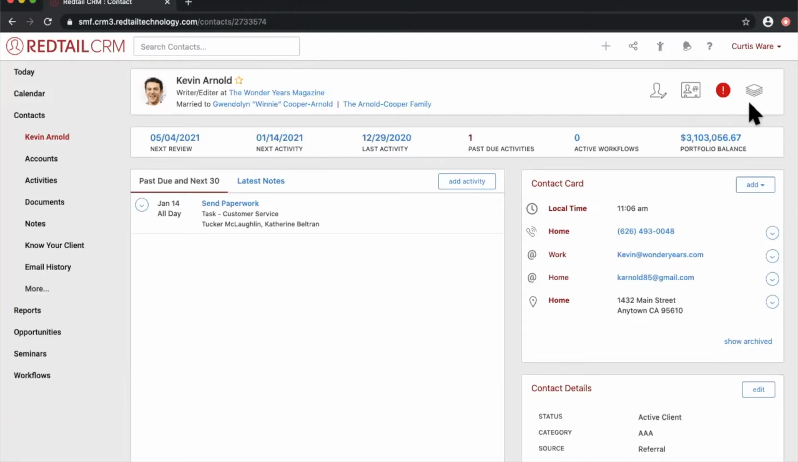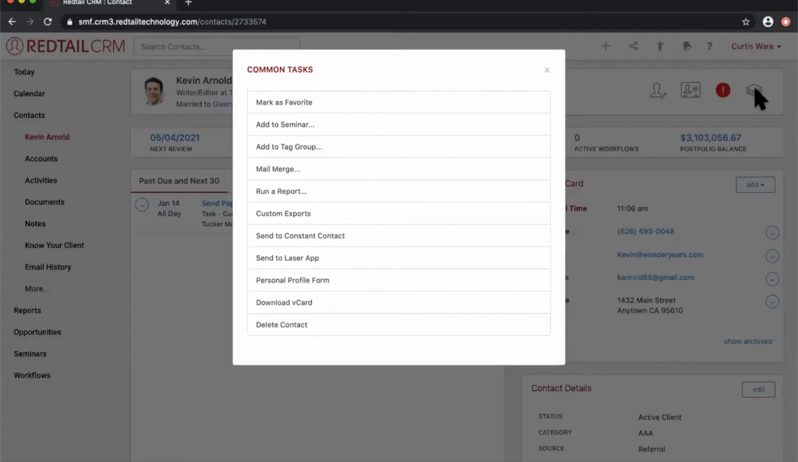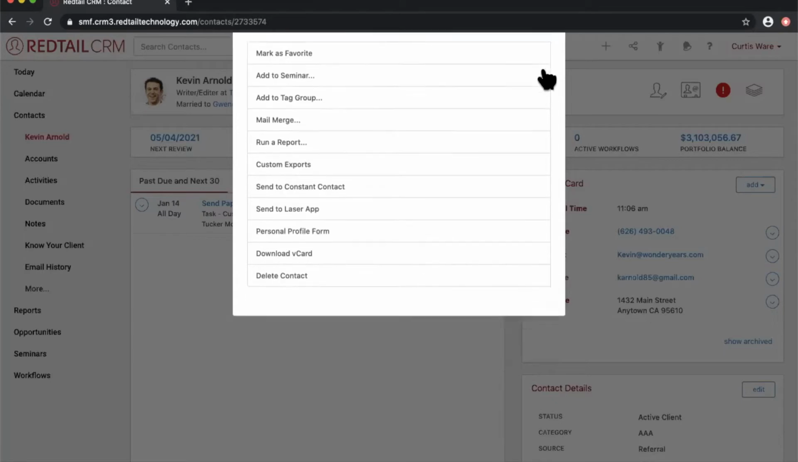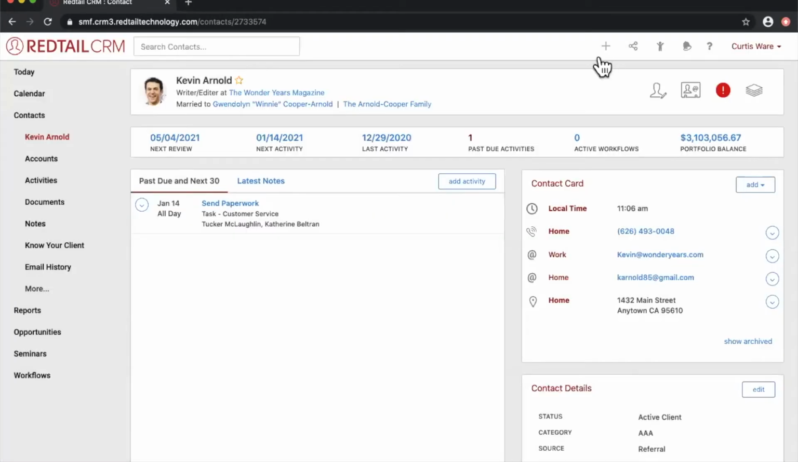Now, next to important information, we also have this stack of papers icon that we refer to as common tasks. So this is if you need to do some sort of action with the contact record. You'll see I can add them to things like a seminar or tag group. I can run mail merges, run reports, even exports. I can even do some things with our integrations here as well, or I can choose to delete the contact. So again, if you actually need to do something with the contact record itself, you can use the common